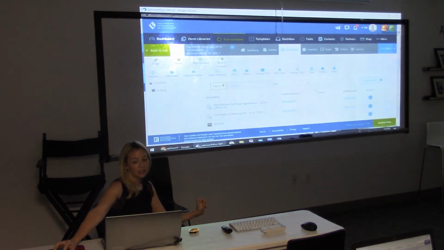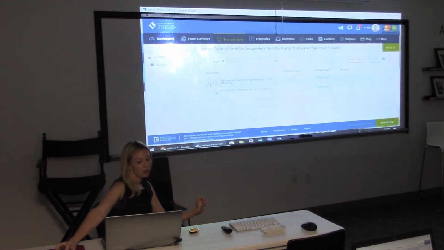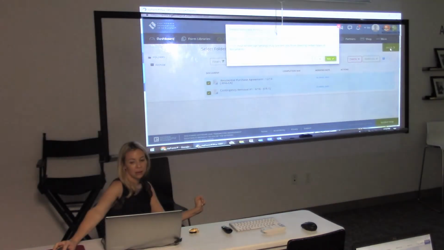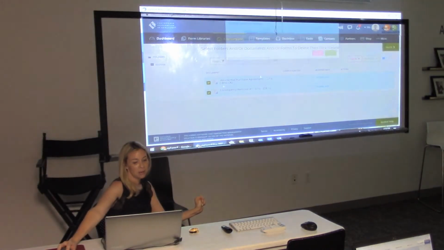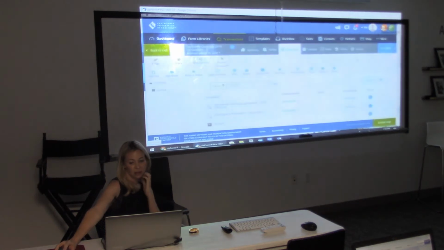I'm going to go up to delete at the top. When you click delete at the top, you're given options for deleting multiple files. So I'm going to select both of them, and then select delete at the top right-hand corner. Can you go back, I lost a step? Yeah, I can go back there. There's no delete on it. Okay. So if you are in your transaction,